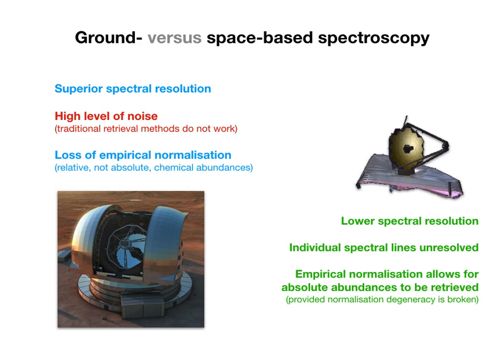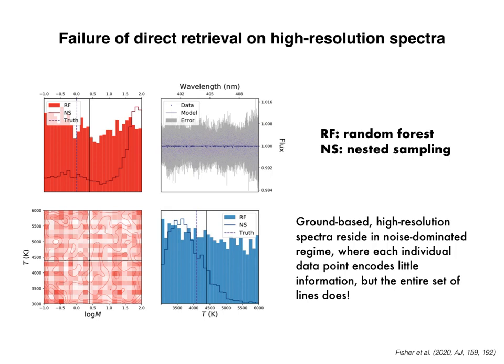So if you've been paying attention to the talk, then obviously the correct way to go forward is to combine the advantages of two methods and try to leverage them against each other to mitigate the weaknesses of each method. But before I do that, I want to show you something I mentioned, which is the failure of direct retrieval